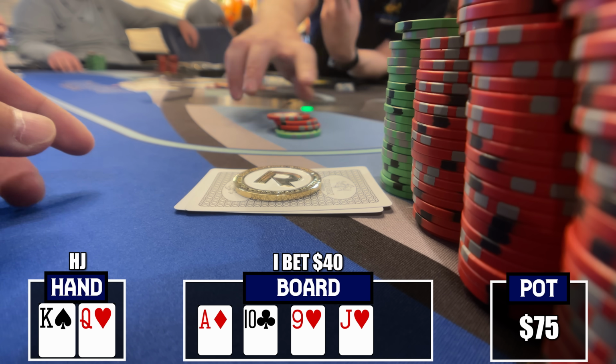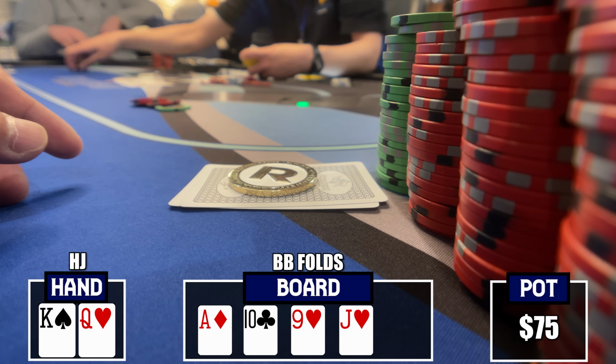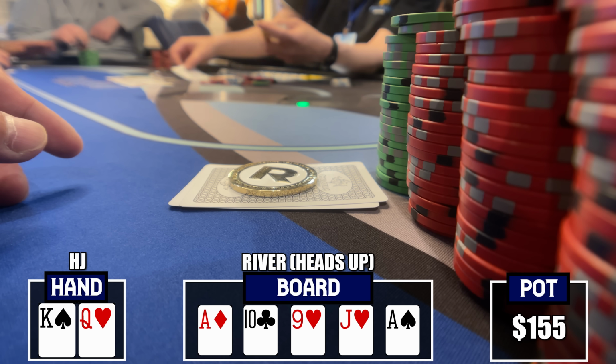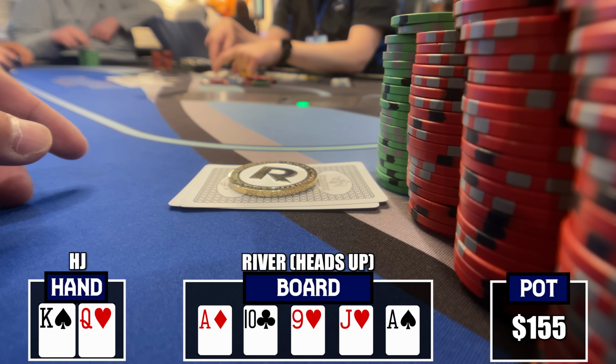The small blind makes the call pretty quickly, and the big blind who bet $5 gets out of the way. Let's just see a river and see what happens here. Sitting with the nuts, the river is an ace. Great sight to see, to be honest here. It certainly smells like he has an ace X holding for trips, and when he checks to me in the